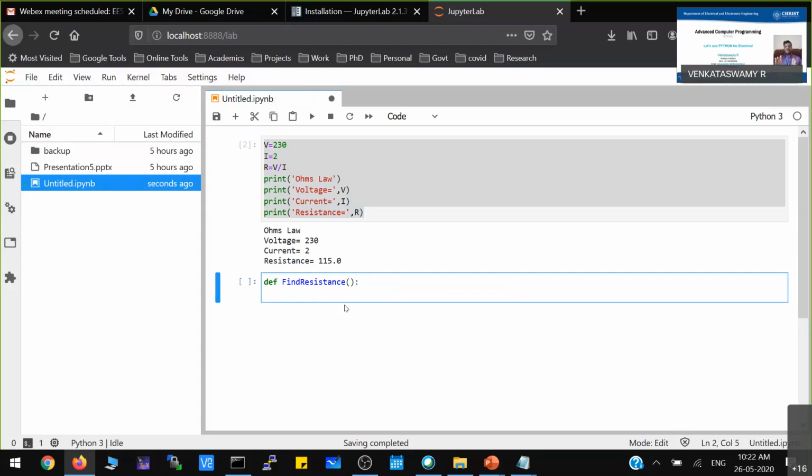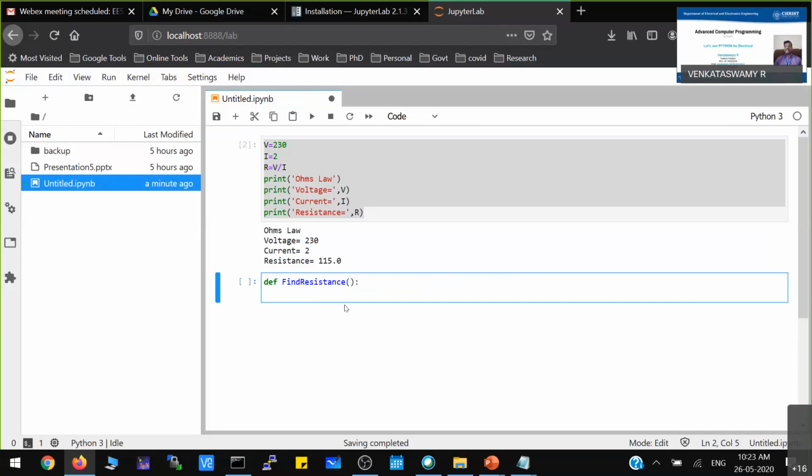So now, find resistance is a function. Inside this function, you need to define some block. To define that block, you have to give one indent. If you give one indent, whatever content comes in that level will be considered as part of that function.